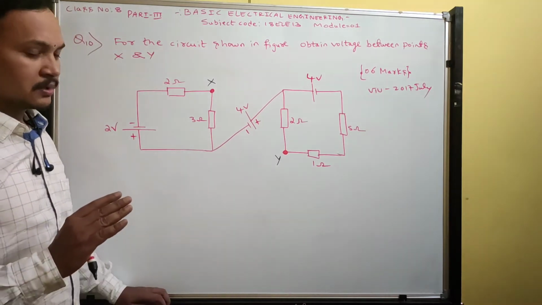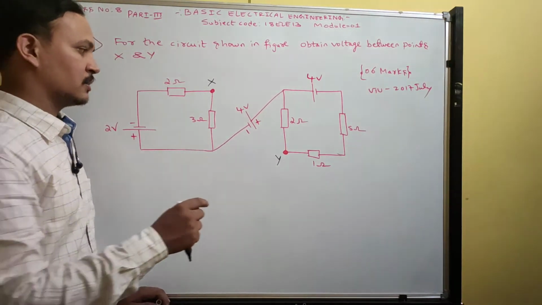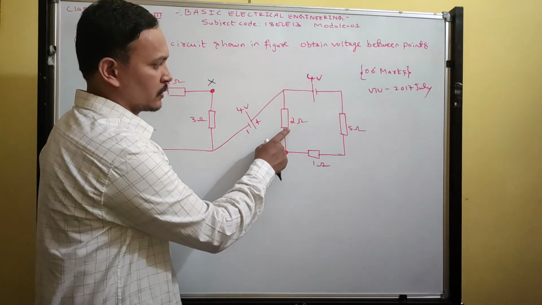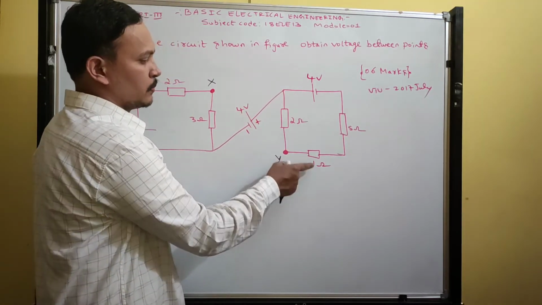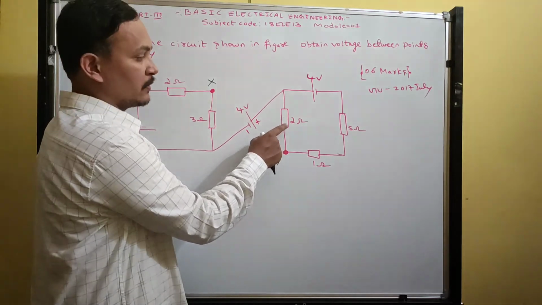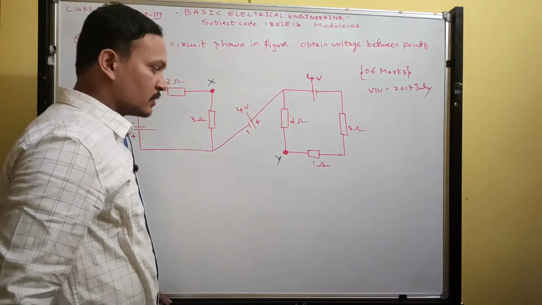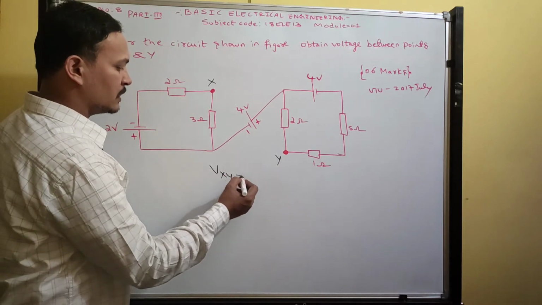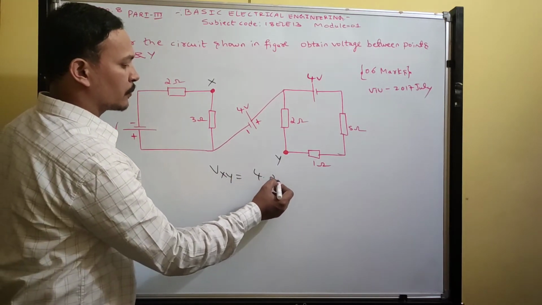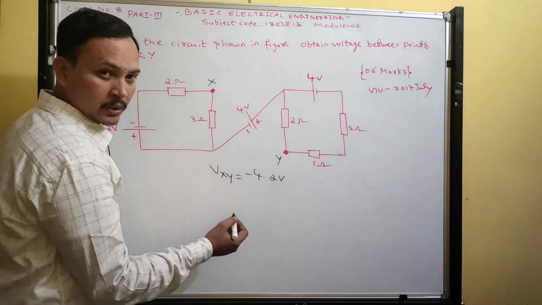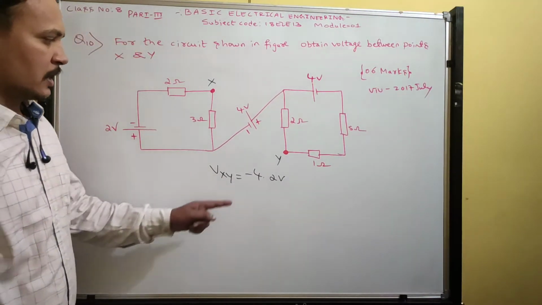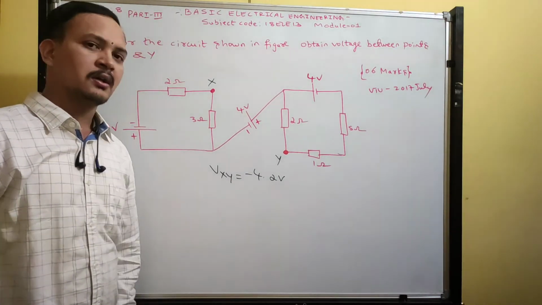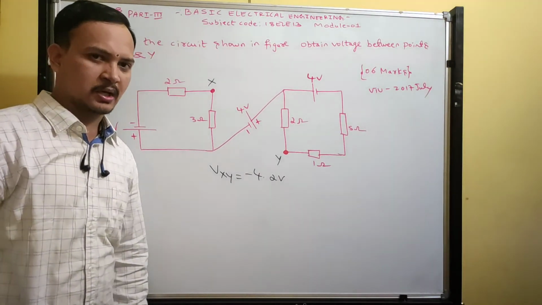That and this will not get the same answer. See, they have given one more resistance here, 1 ohm and 2 ohm. In the previous one, they directly wrote 2 plus 1, 3 ohm here. Now they have split it in this way. So try to solve this problem and you will get the answer Vxy is equal to 4.2 volts, minus 4.2 volts. I am not sure about this. Just check it, and if you got the answer you can reply to me.